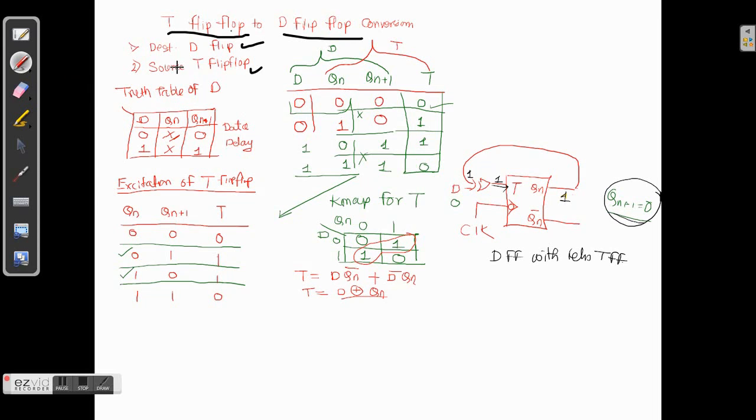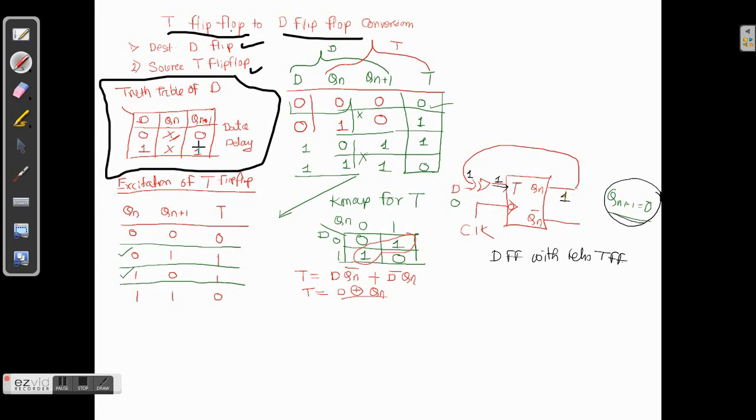So this is the truth table of D flip-flop. In this, D is an input variable, D having only two values 0 and 1, and the present state is don't care, and next state is in D flip-flop. If input is 0, then output is also 0. If input is 1, then output is also 1. So this is the truth table of D flip-flop.